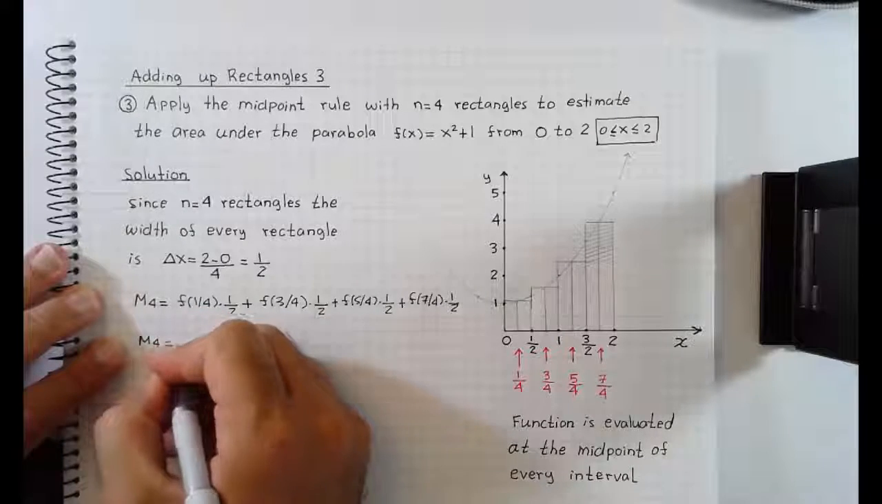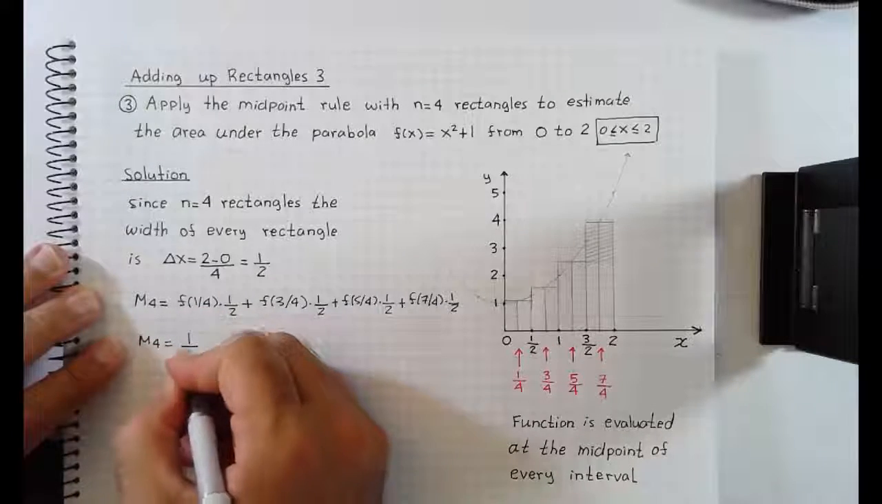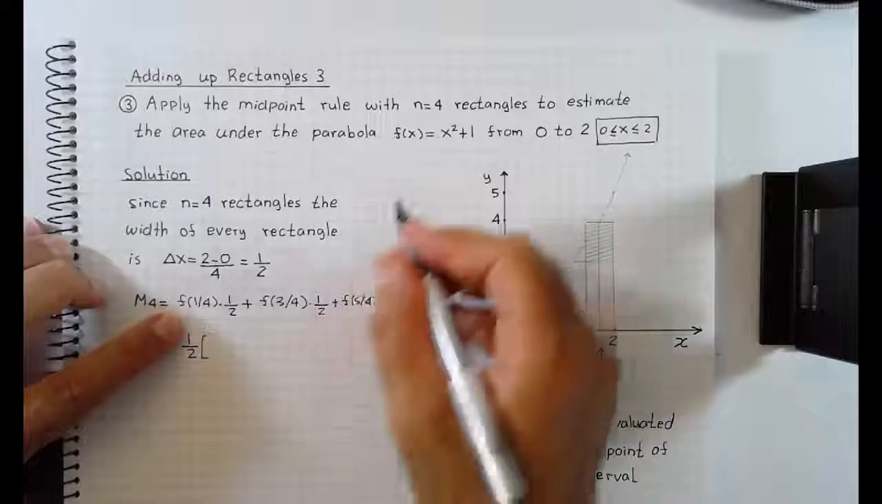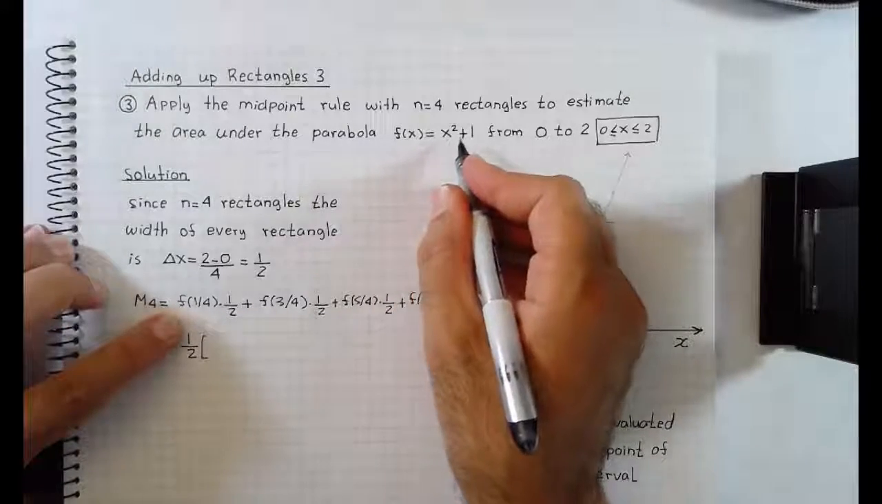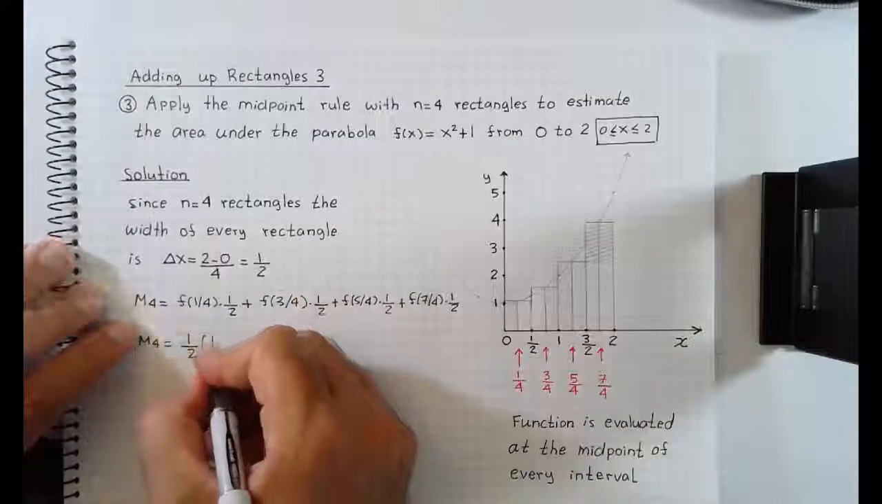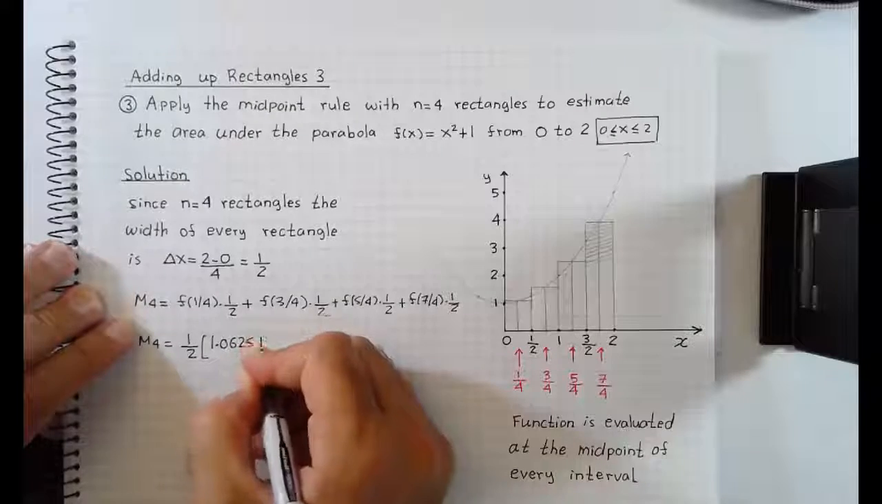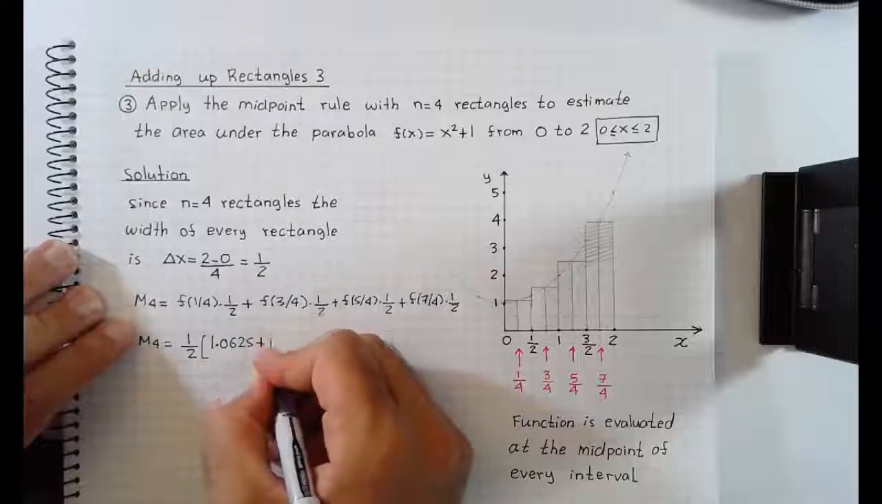M4 is equal to 1/2. Let's factor the 1/2 out. f of 1/4 is just plugging this back into the function, that's 1/4 squared plus 1. If we decimalize that, we'll get 1.0625 plus f of 3/4, that's calculated as